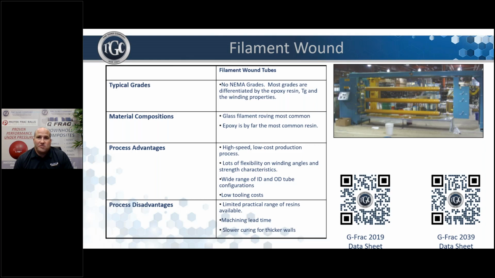Some of the disadvantages: you're primarily limited to glass filament and roving, such as a substrate, and also a limited range of resins. Machining finished parts can add to lead times. Compared to molding, you can have a part completed in minutes, whereas some tubes will require over a day to cure. Parts have to have an ID, so you cannot produce a solid part. And also there's waste. Due to machining, you have material waste versus getting a net molded part.